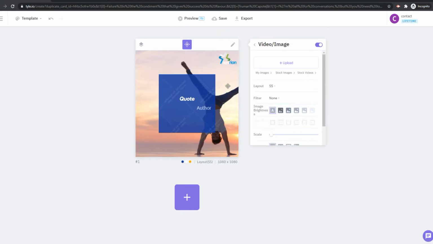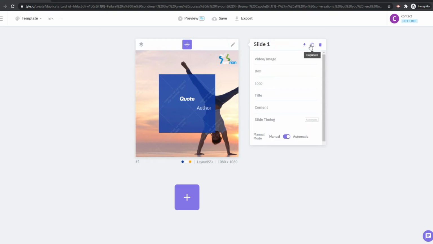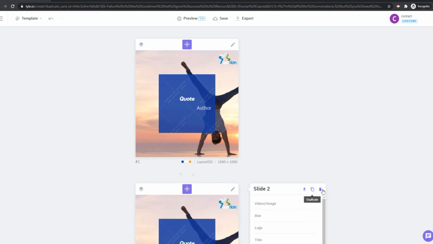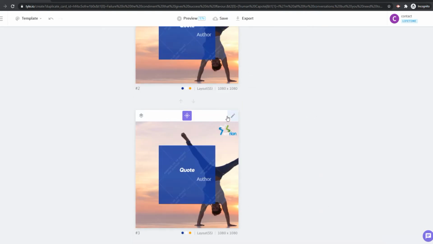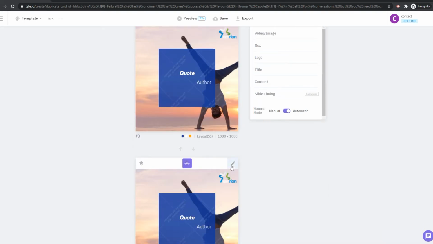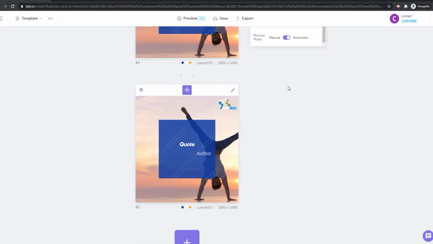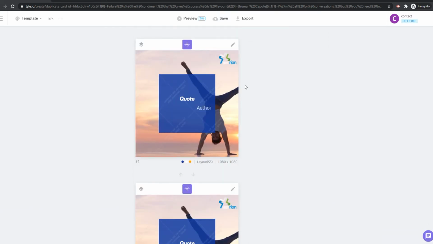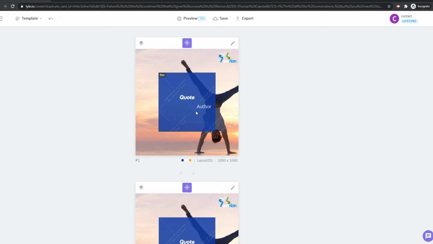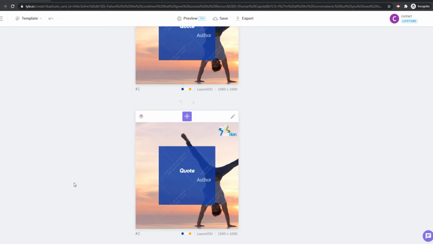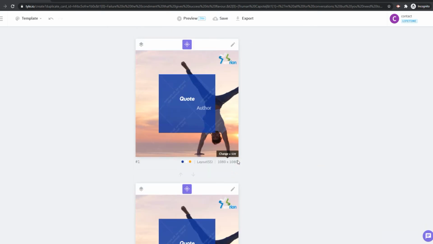So since on this use case I'm going to add 5 different quotes, what I will need to do is basically duplicate the slides so that there are 5 slides here. So I'll go back and actually create 5 slides. So you can see there are 5 slides which I have created over here, and we will be populating these quotes and authors using dynamic text which will be replaced at runtime, so we can have a dynamic slide and a video as a whole which will have everything.